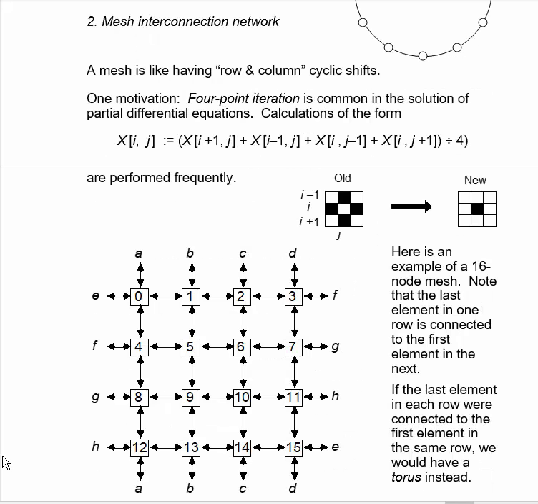The second kind of interconnection we want to look at is a mesh. This is a two-dimensional mesh as we show it, but actually it could be more than a two-dimensional mesh. You have higher dimensional meshes too. A mesh is like having row and column cyclic shifts. In other words, you can cyclic shift an element from one end of a column to another,